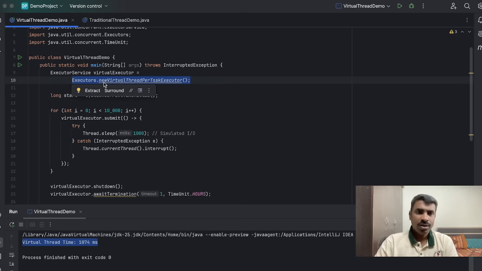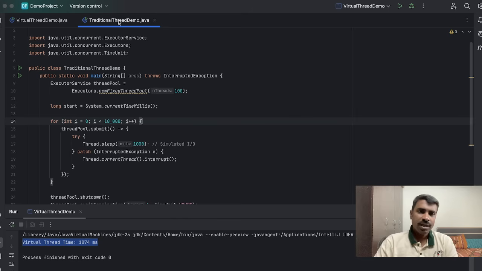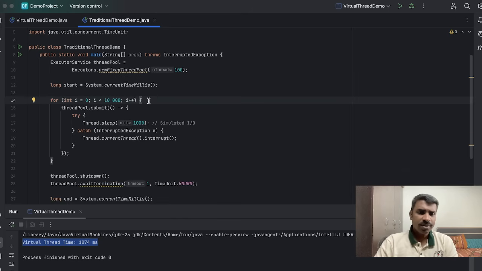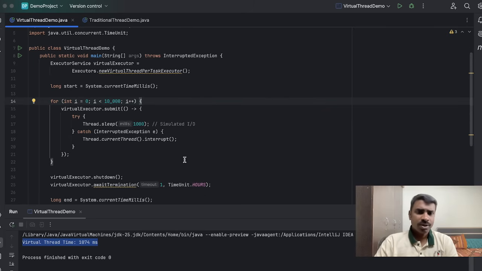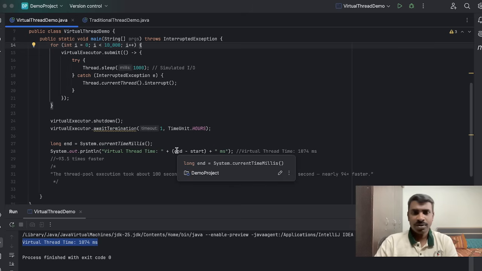Executors dot new virtual thread per task executor, whereas here I created a new fixed thread pool. Here also I am iterating 10,000 times and printing the result. I want to compare how much time each process takes.